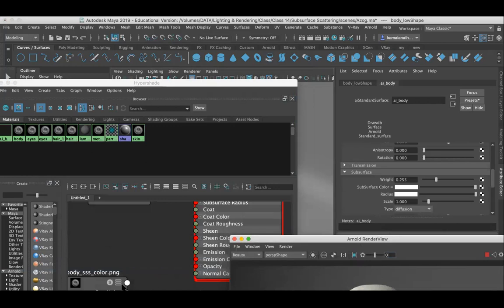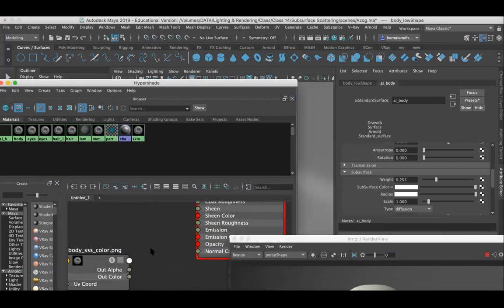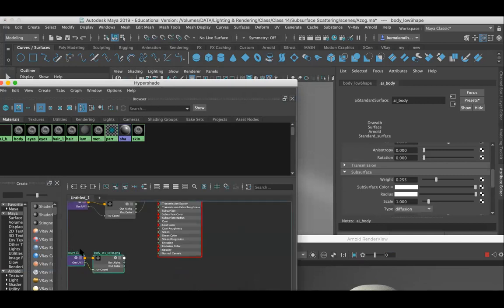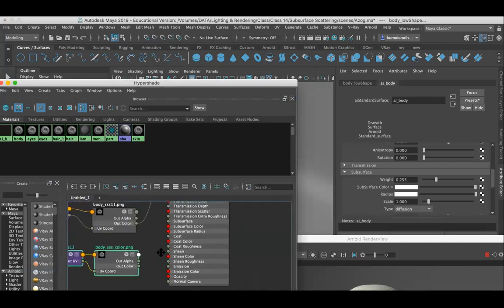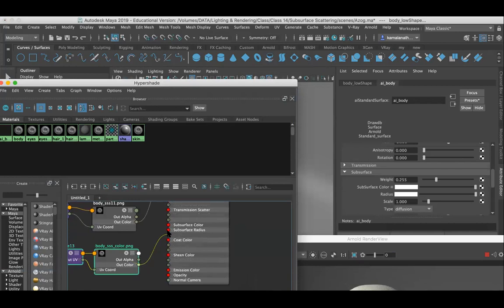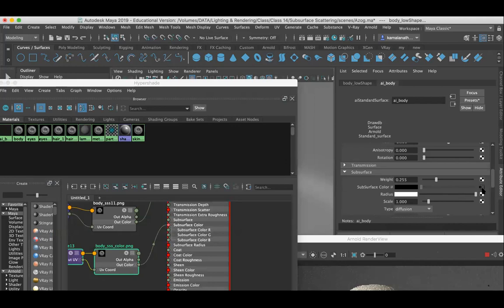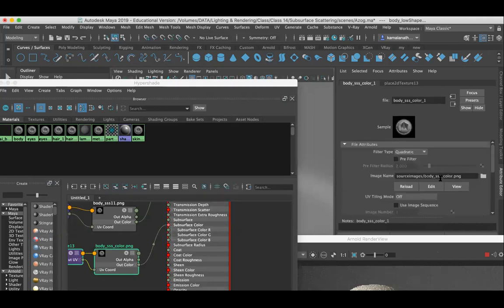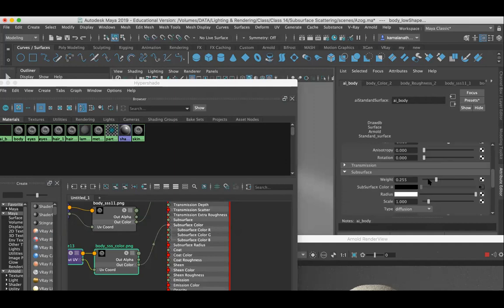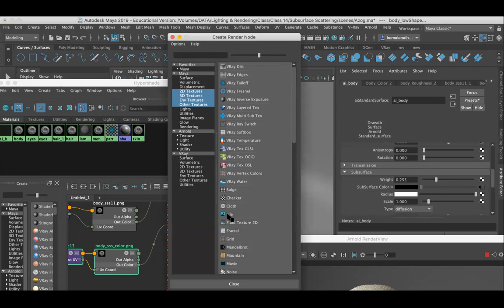So I have added the color, and I'm just going to add output color to subsurface color. Once I add it, you can find this is added over here. You can see the subsurface color is added, right? So this is what I'm doing. This is a style of working with the hypershade, guys. Whatever you learned under the checker box, you can find the color, you can find the file, you can choose the image file.